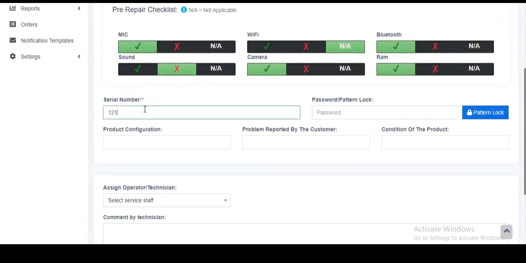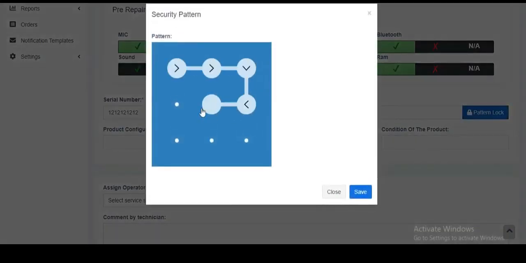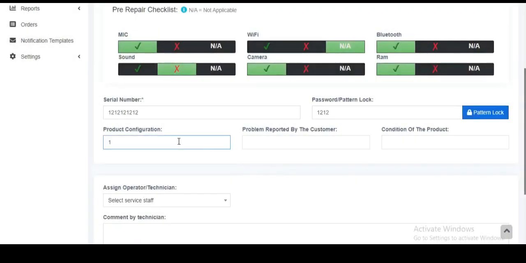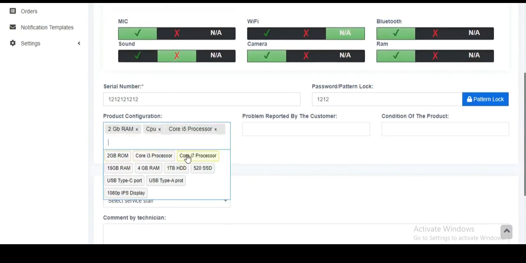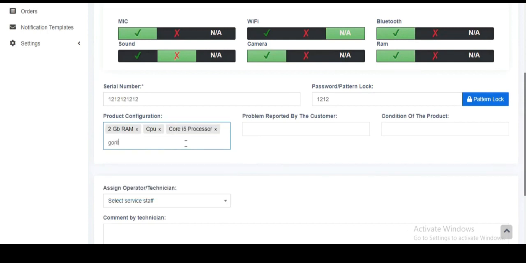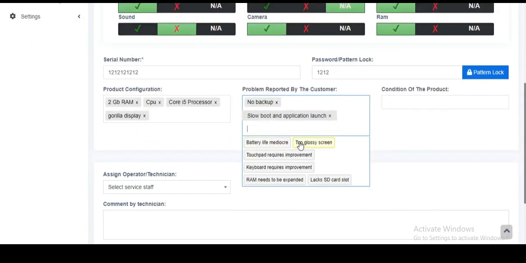I can enter the serial number of the particular product. If there is any password protection, I can enter the password over here, as well as draw the pattern lock over here. I can enter some device configuration, like what the configuration of the particular device is. I can enter any new configuration here, as well as enter some reported problems, like what is the problem